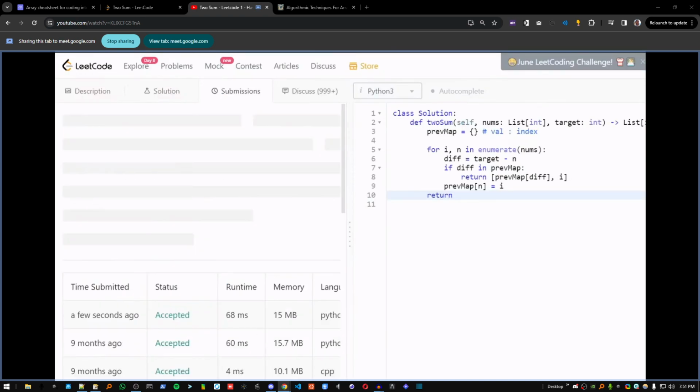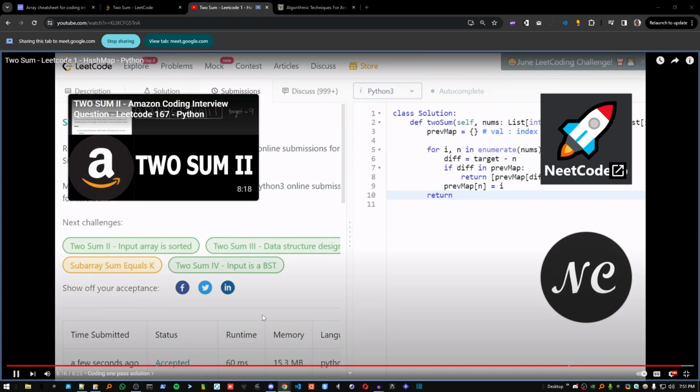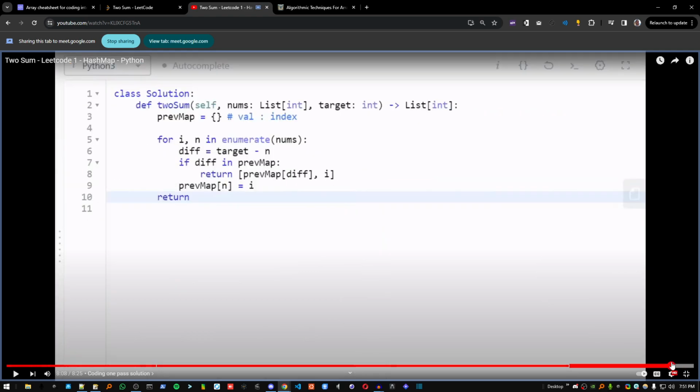Now let's see if it works. And it works perfectly. So with this kind of neat little trick of doing it in one pass, you can reduce the amount of code you have to write. Okay, that was a nice solution. It's kind of the same as the one